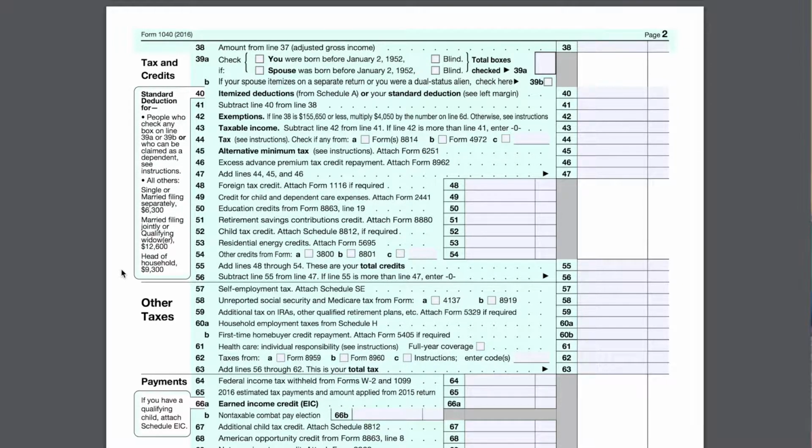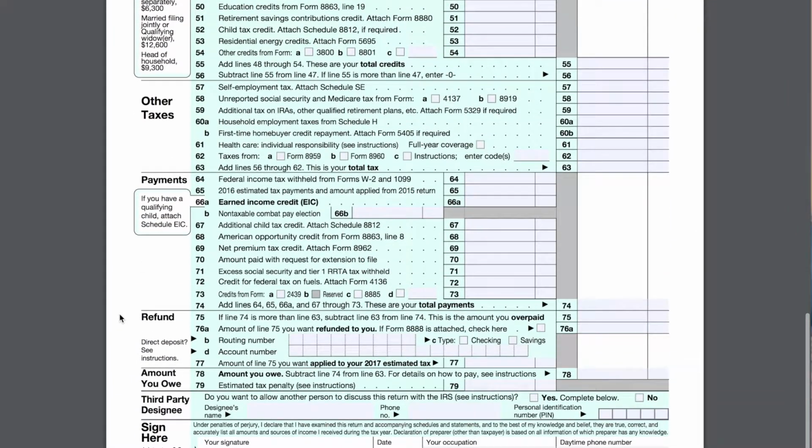And then line 57 drops us into some other taxes that we may owe. Additional taxes on IRAs, self-employment taxes, household employment taxes, just various additional taxes that we have to consider. And then line 64 looks at our payments and or some refundable credits. The most common refundable credit is the earned income credit, but there are a few others, like a portion of the American Opportunity Credit. And then finally, near the bottom of the form, we get into the refund or the amount that we owe,